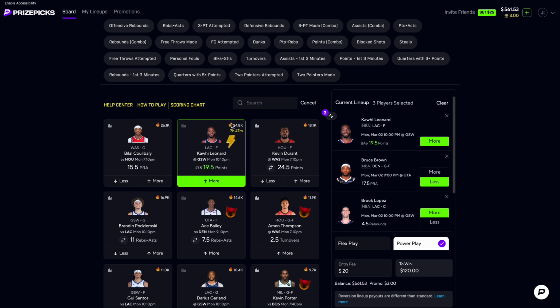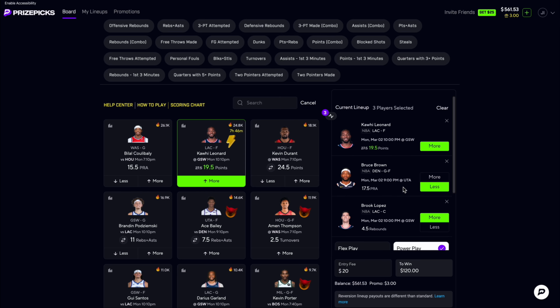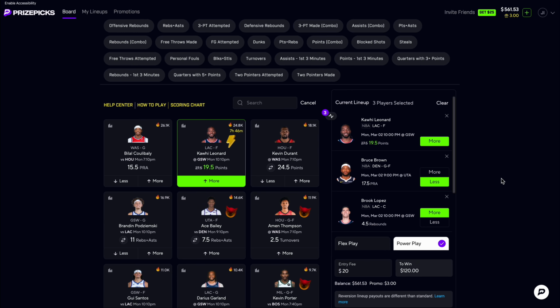Kawhi promo over. Bruce Brown, unfortunately they bumped that also. Just PrizePicks has been on timing today, so we got to move quickly. Bruce Brown under 17.5 PRA is going to be under, and Brook Lopez in the same Golden State Warriors Clippers game will be over 4.5 rebounds here. 3-man for 6x as usual. I am limited to